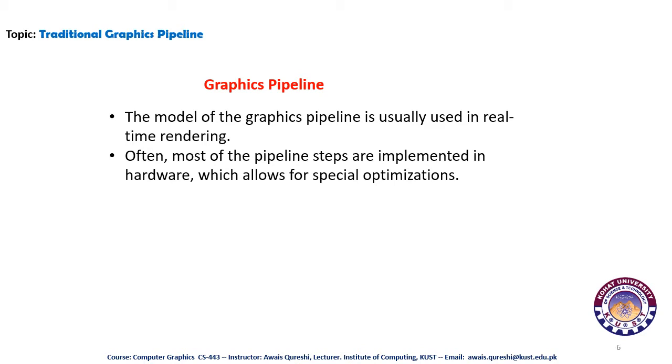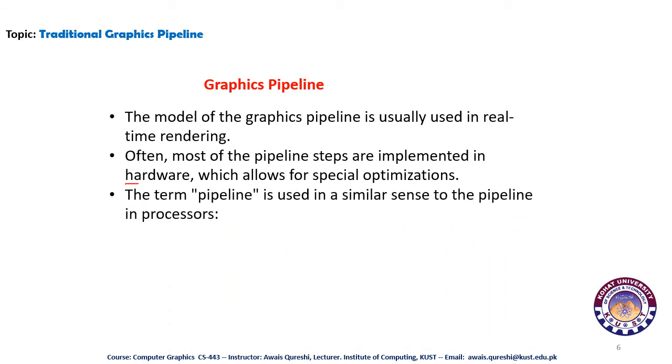It is a drawback that the pipeline steps are implemented in hardware, because software is not very capable of transforming a 3D object to a 2D object. We need some type of hardware for this purpose. That's why most of the pipeline is implemented in hardware, and because of that, we need some optimizations to be performed on the software layer, so that the final image can be rendered as desired.